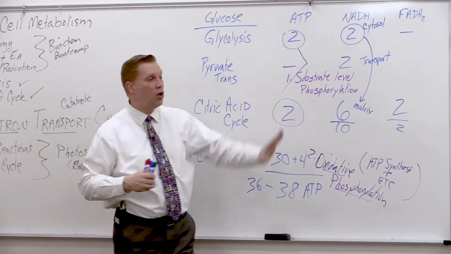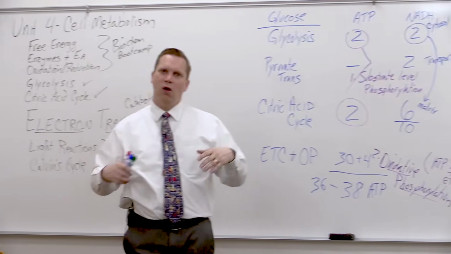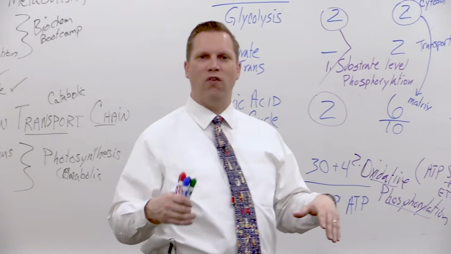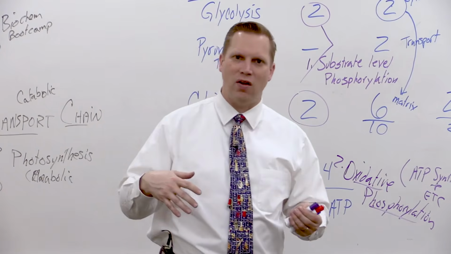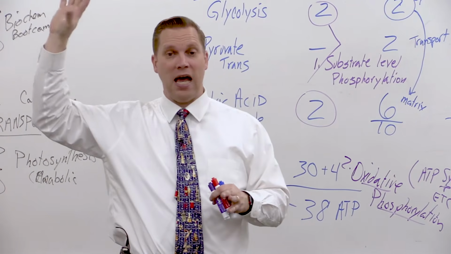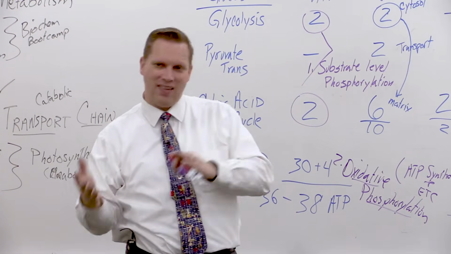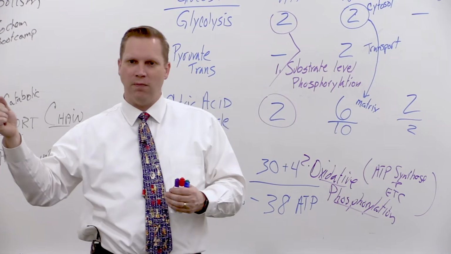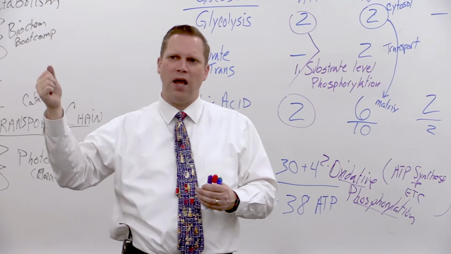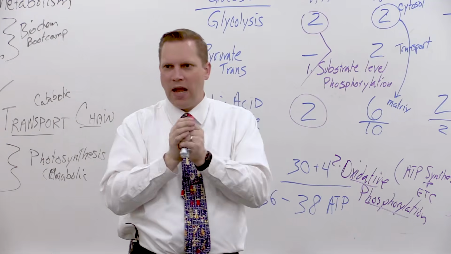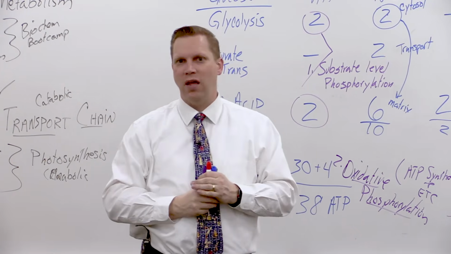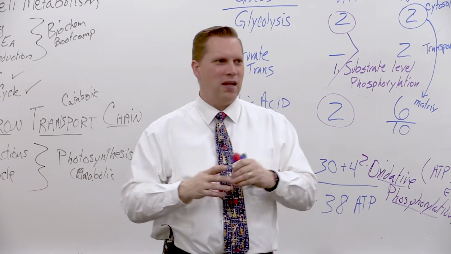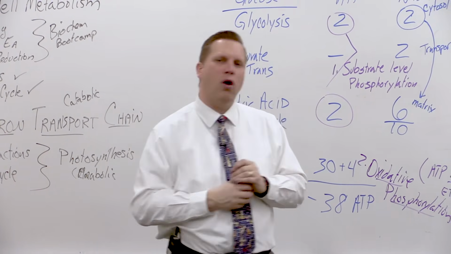With that, we'll conclude our tour of cell respiration. When we come back next time, we're going to look at an anabolic pathway. We're going to look at photosynthesis and how plants are able to take energy from the sun and light and use that to essentially run cell respiration in reverse. We're going to take carbon dioxide and water, and we're going to combine them to now make glucose and sugar. That'll be a really interesting set of pathways to look at and how we make glucose out of really just